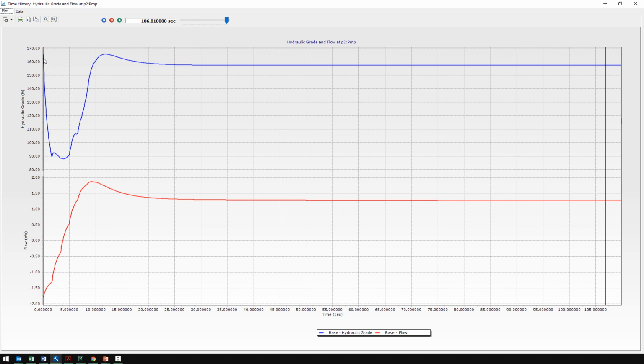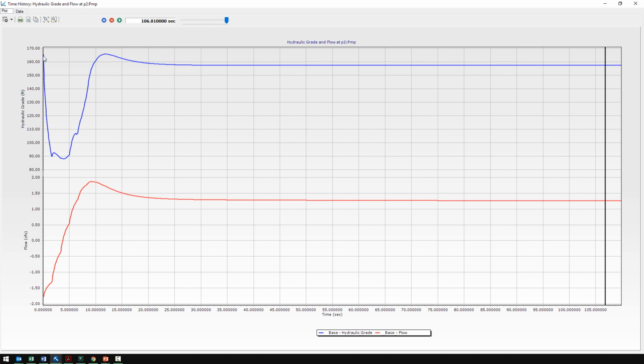So what's happening is, suddenly we had this pump shut down. So we see a relatively fast drop in pressure. This is your downsurge, and eventually the pump flow reaches a final steady flow, which is actually in the positive. So think of this as the negative. This is the reverse flow. So the pump shuts down, and eventually that water column reverses. And when we're out to about 100 or so seconds, you can see we've reached our final steady state because those waves were able to dampen out because we have that reverse flow, and we've reached our final steady